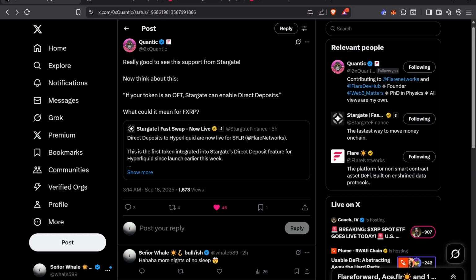Flare has been putting a lot of energy and effort into making sure that the FAsset system is as secure as possible. Of course, there can be risks, but these guys have done so much more work than anybody else that I've seen in the space, and that gives me trust. I don't know exactly how much of my own XRP. I mean, I've been buying XRP by leveraging my Flare. So that means that I go to Kinetic, I lend my Flare, I borrow stablecoins, and I've been buying XRP. So my initial idea was to just bring that looped XRP to Flare day one, and then as the system progresses, bring more.